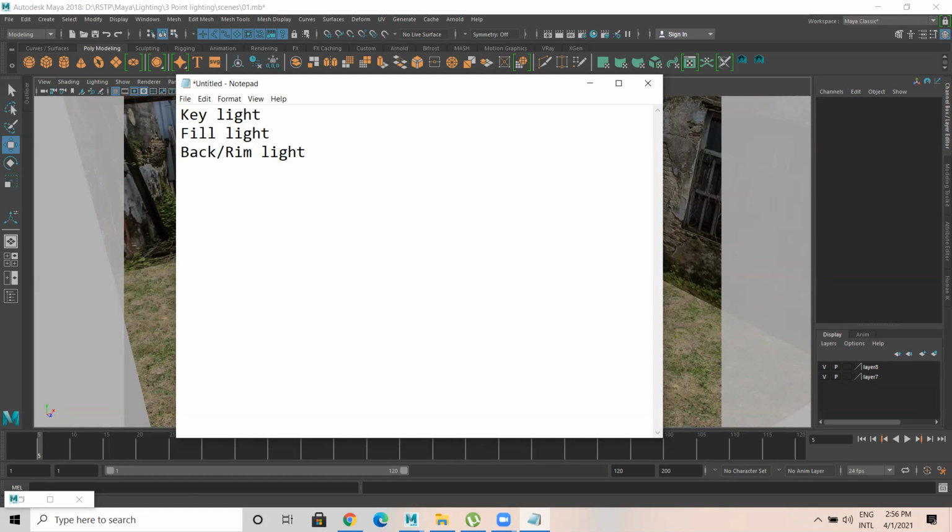So key light is the main light in the scene. Okay. There are certain points, I think it's better if you make a note. Okay. Key light is the main light.